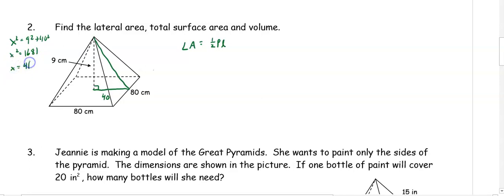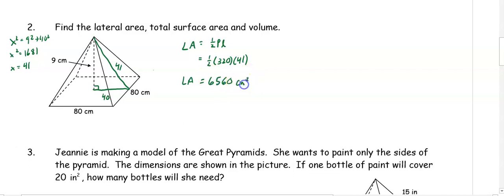We take the square root, x is 41, so that's going to be our slant height. So we have 1/2 the perimeter. If each side of the square is 80, then 80 times 4 is going to get us 320 times the slant height of 41. So when we multiply that together, we have 1/2 times 320 times 41. That gives us a lateral area of